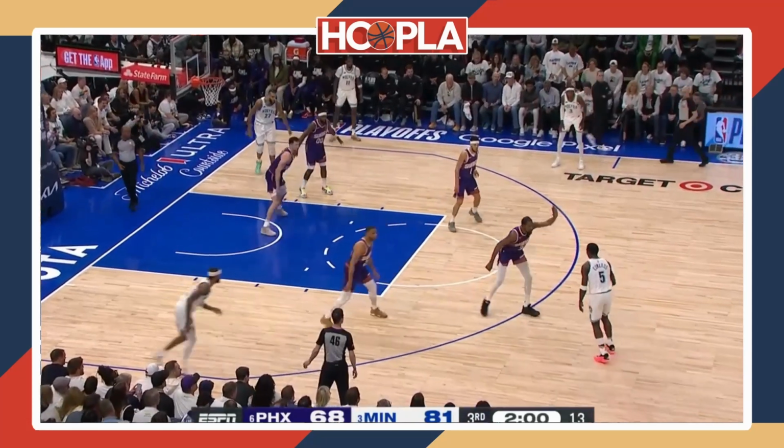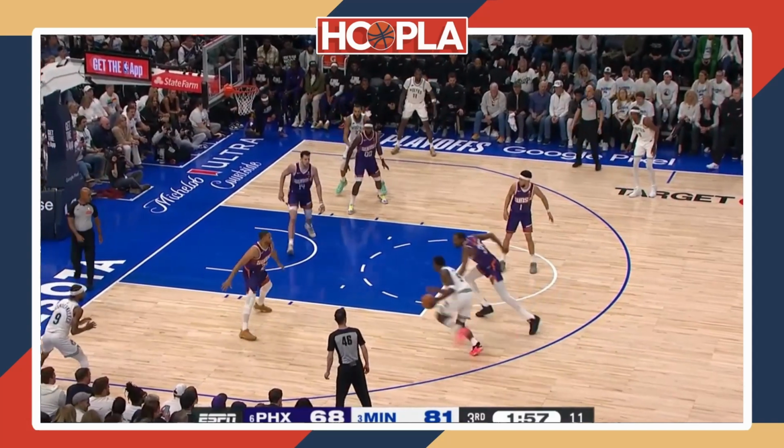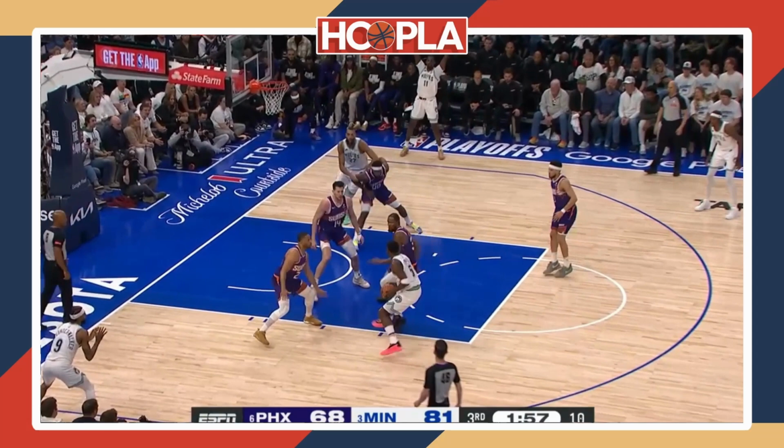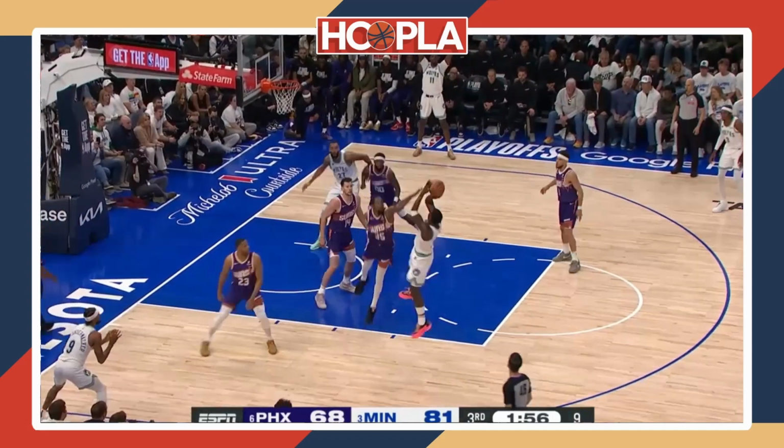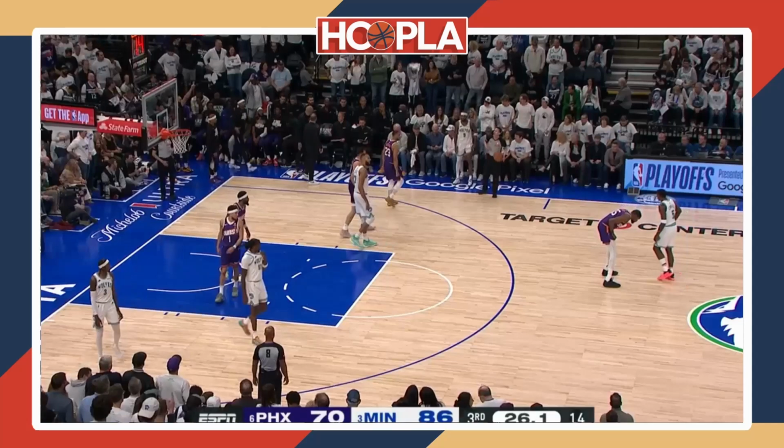This time, he gets another ISO on the left side of the floor, and he's going to attack to the strong side corner, and he's going to put Eric Gordon in a bind just like he did Bradley Beal a few plays later, where Eric Gordon has a decision to make. He either leaves this shooter or he comes over to help, and he doesn't really do either. And Ant attacks that space. Gordon kind of fake helps and shows, but is not really committed. And Ant, again, doesn't get too deep, and he hits Kevin Durant with a step back that should have been an and one, and is getting the crowd into it, and he's starting to feel himself.